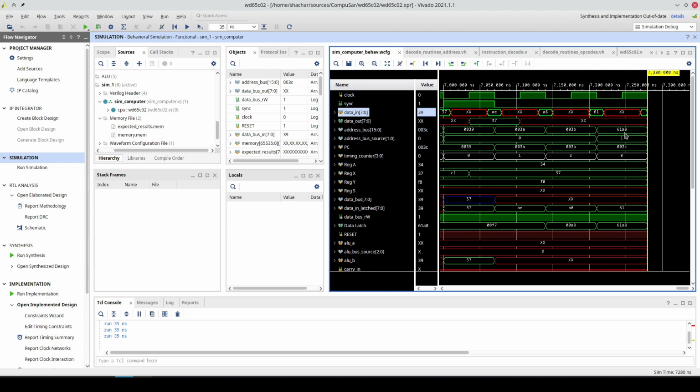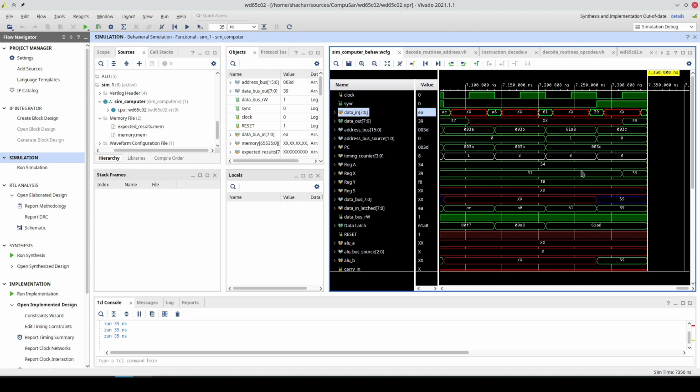We read from 61A8 the value 39. And register X gets the value 39, and we're on to the next instruction, which is a no operation. So we just tailored the two parts that we needed, and lo and behold, this worked. When we placed the correct instructions in memory, our CPU, or at least CPU simulation, correctly executed them.